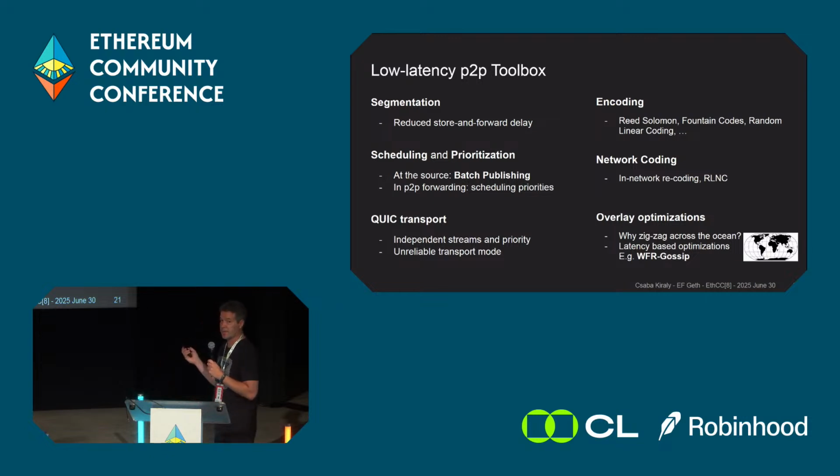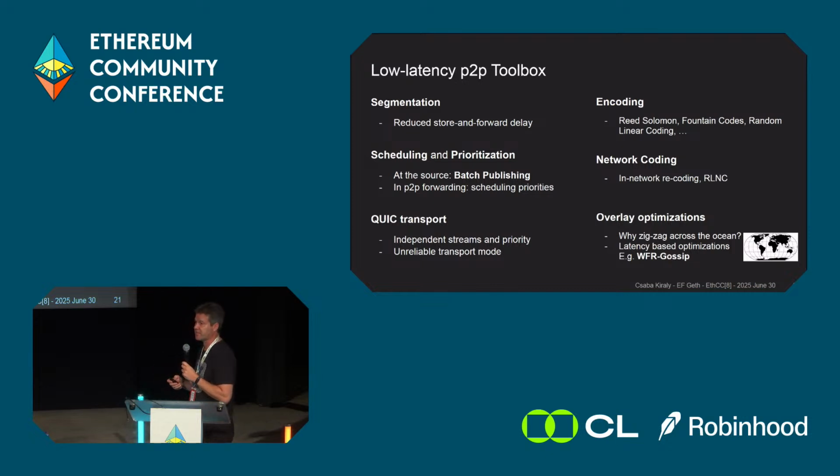Then there is the big question of encoding. So the use of erasure coding as part of the peer-to-peer network. It's again something we are not yet using, but there are many examples of how to do it. So we are doing that, and then there are different choices evaluated for the coding that is used: Reed-Solomon codes, fountain codes, random linear coding, etc. And then there is network coding. Network coding, again, was developed in 2005, so it's been out there quite long. We can eventually use network coding, random linear network coding, to do in-network recoding.